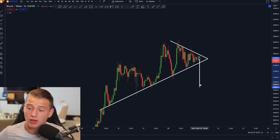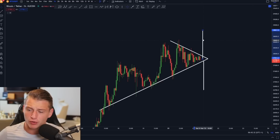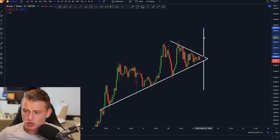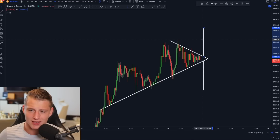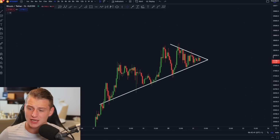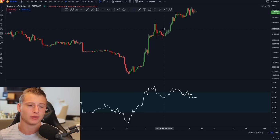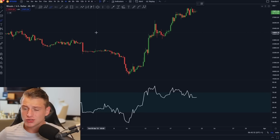What are the targets I'm looking for? If Bitcoin breaks down, I'm going to be targeting 26.8k, and if Bitcoin breaks up, I'm going to target levels around 28.9 to 29,000 US dollars. Those are the levels I'm currently looking for, and I think it's going to be a clearly straightforward trade. However, if I look at the 4-hourly time frame,